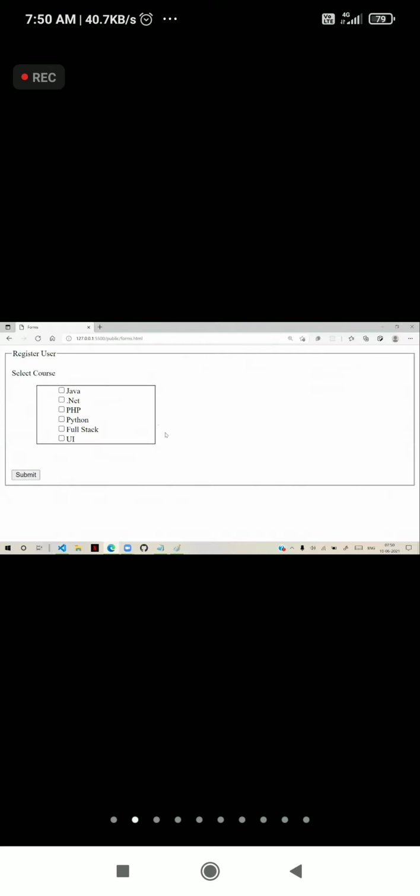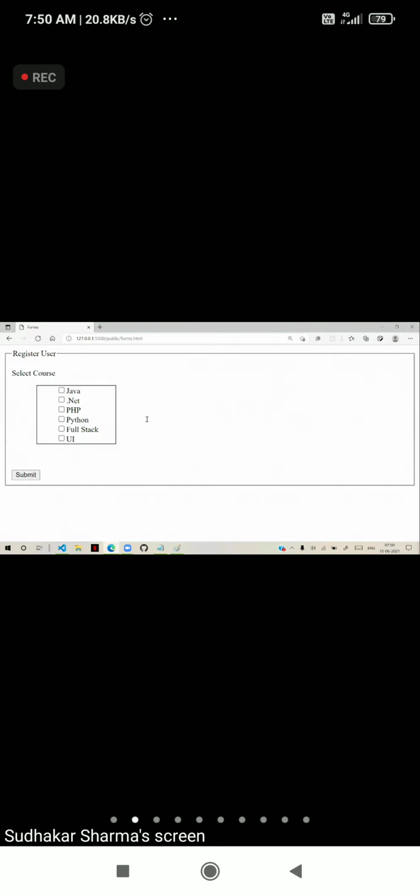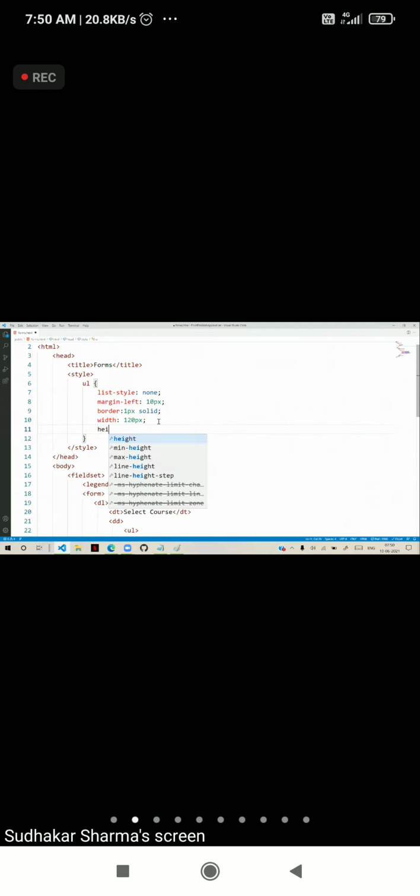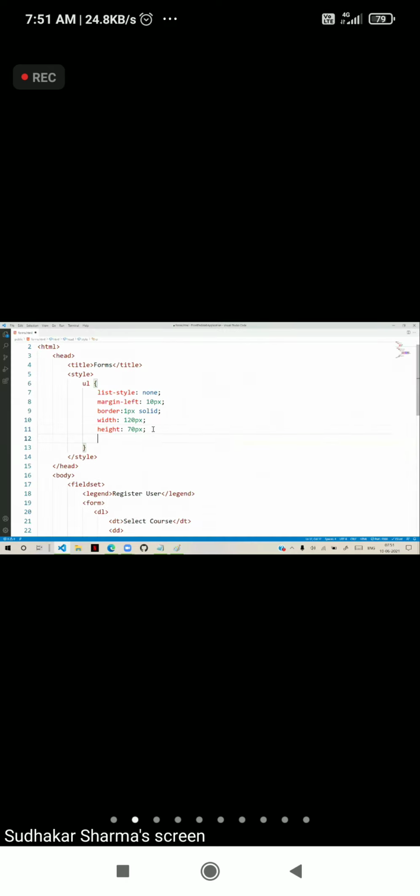Now adjust the width to some 120 pixels. That's enough. And I will adjust the height as, suppose, 40 pixels, or 60 or 70 pixels. Now you can see that the rest of the contents are outside. Then we have to just put the overflow option.